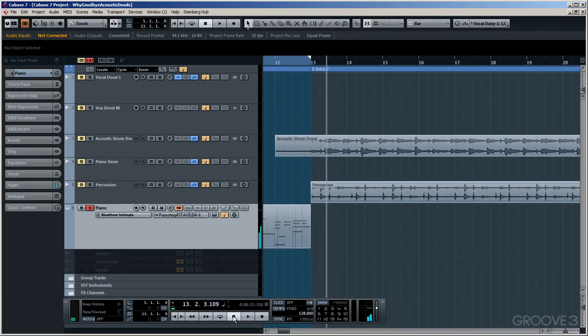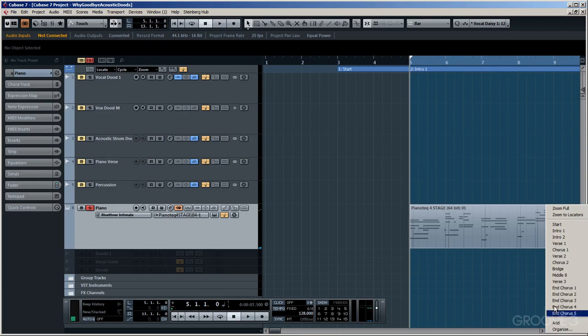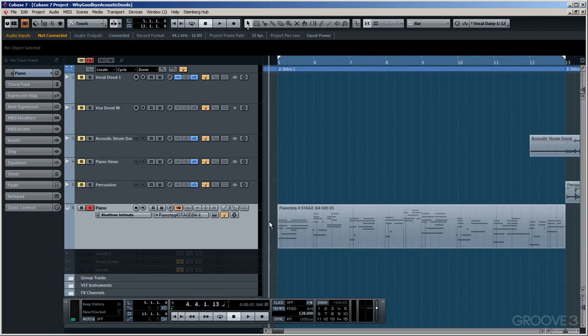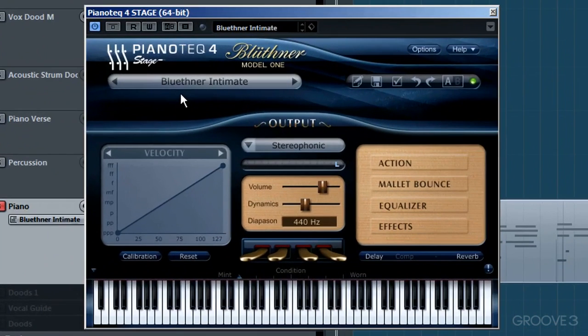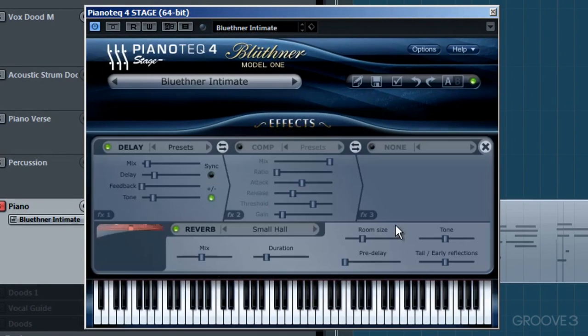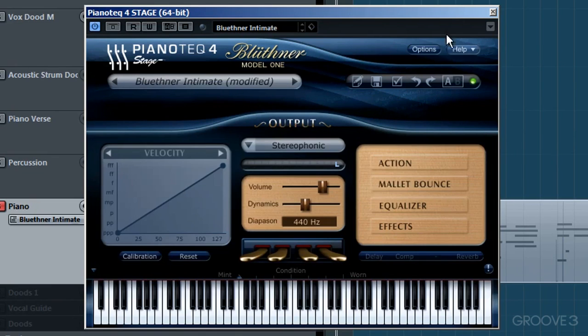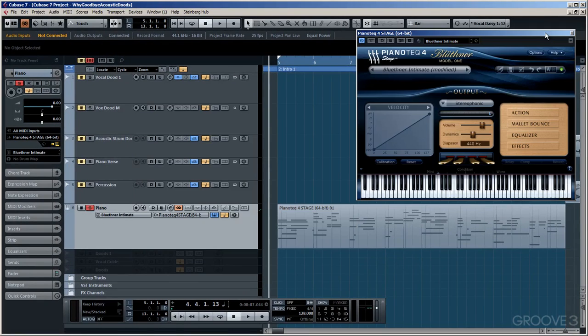Okay then, so a simple chord progression, and that MIDI file has been driving PianoTech, which as I said has its own effects. Now if I just open up its user interface, and then if I drop down here to where it says effects, I'll deactivate the delay and the reverb. Okay, done. Now just so I've got some more room on my screen, I'm going to move PianoTech up here,